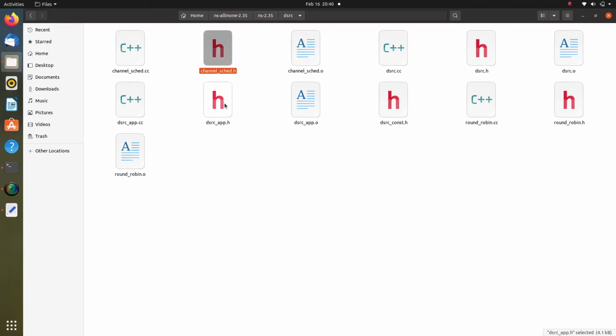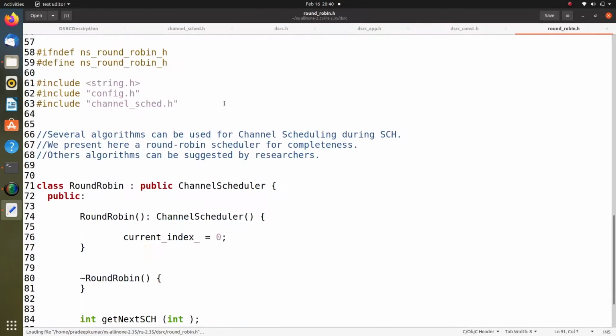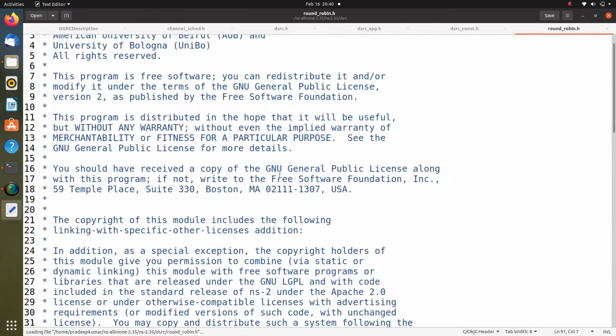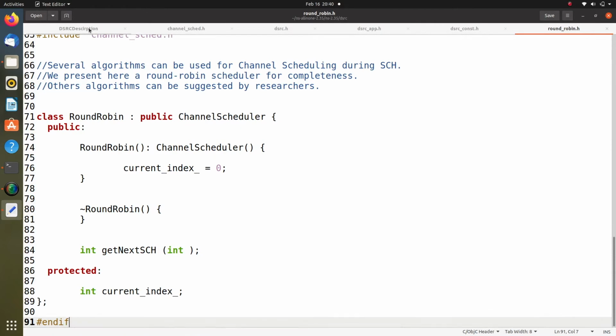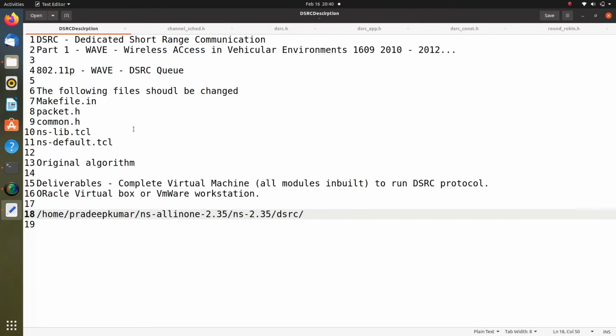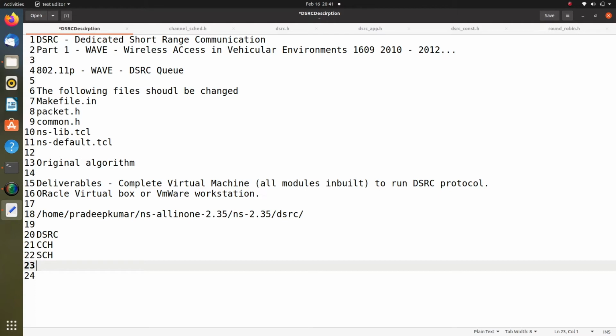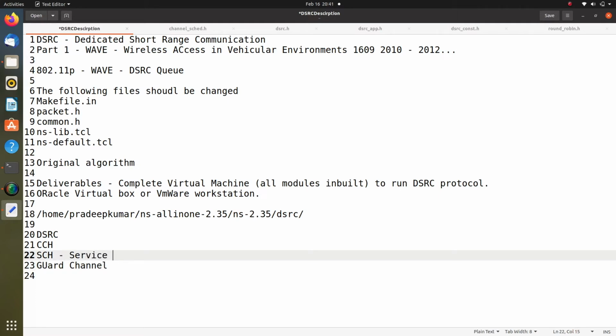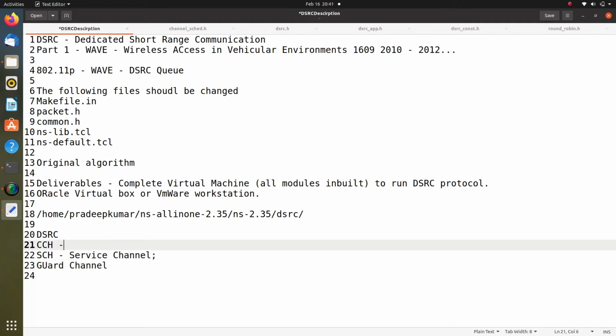First I'll go through all the header files one by one, so I'll open all four header files. Whenever you see DSRC, as per the paper there are CCH, SCH and GCH. GCH is the guard channel, SCH means service channel, and CCH means control channel.